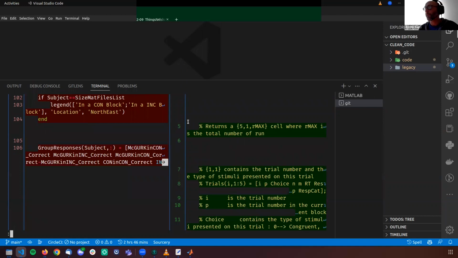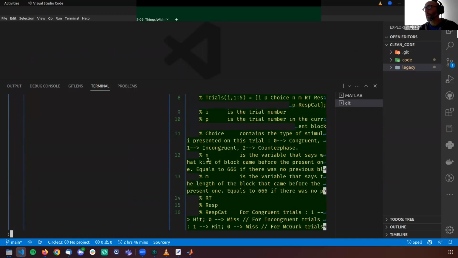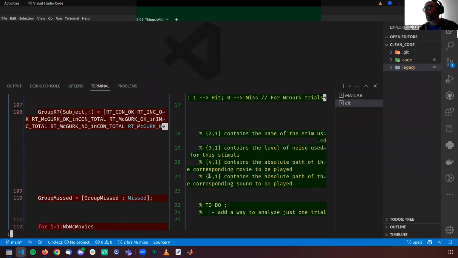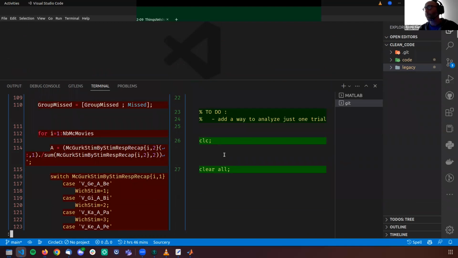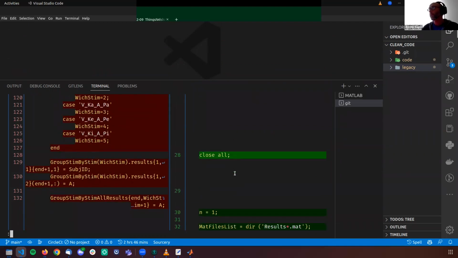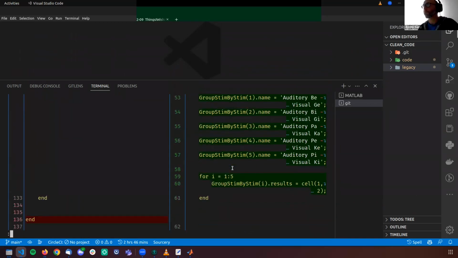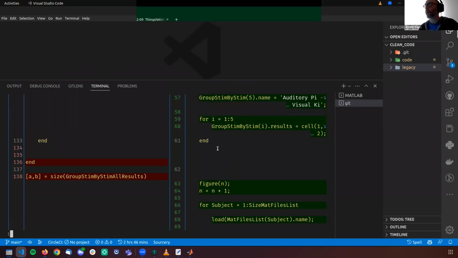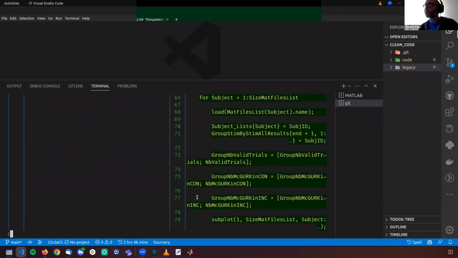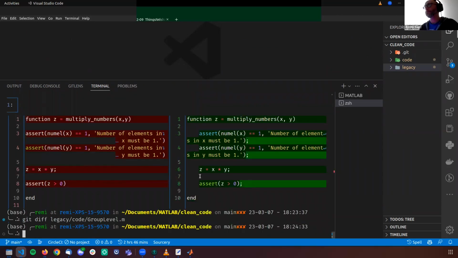So now we see that all those things have been indented, and that some of the lines now have semicolons at the end. So when you have a lot of changes fixed all at once, looking at the difference between the before and after is a bit overwhelming. But this is definitely a time saver.